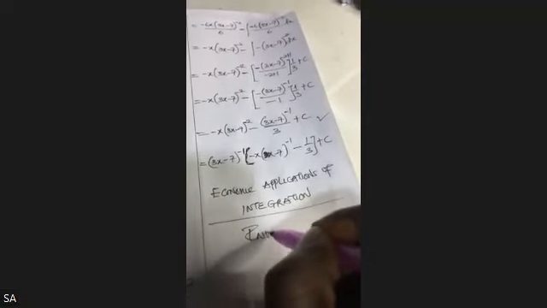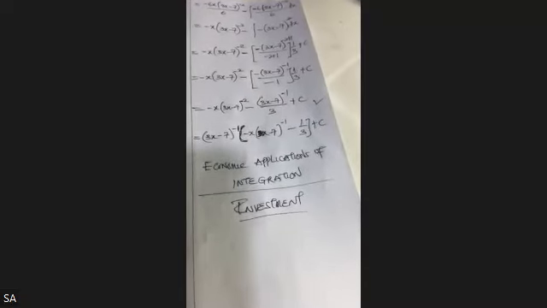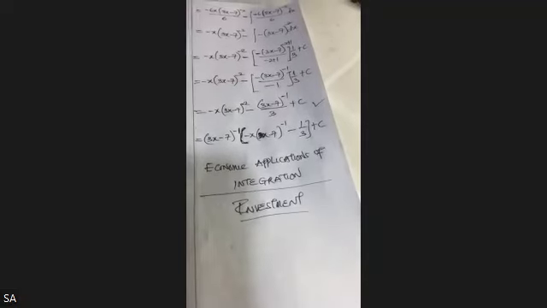So let's first look at investment. Okay, class. Net investment is denoted by I and is defined as the rate of change in capital stock